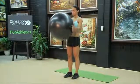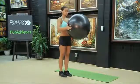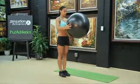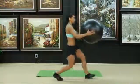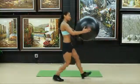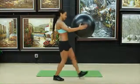Our first exercise is an alternating leg lunge. We're going to start by taking the ball and holding it chest level, and we are going to take a nice lunge forward. We're going to keep our back straight and our core tight. So here we go. 1, 2, back straight, dropping the knee, 3,